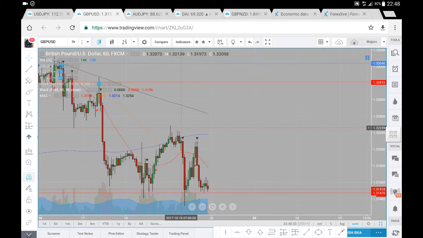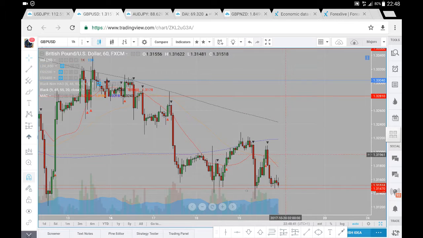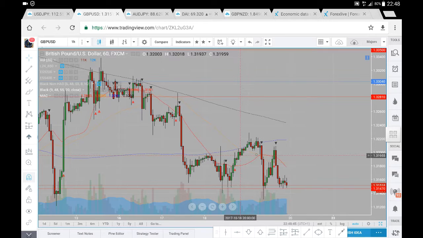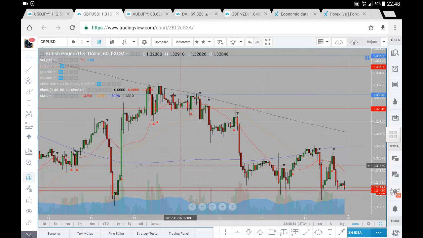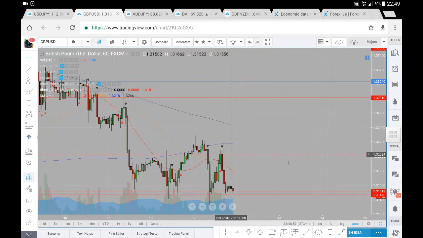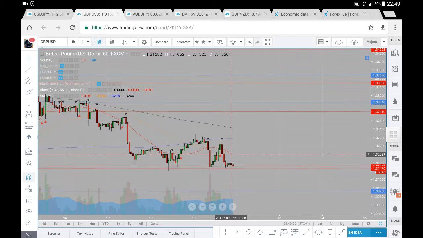We have tried again to test the 200 period moving average, we are unable to, and the prices have come down to 31.47. So prices are currently testing 31.47 from above. Now, in the most recent past, we have tested on quite a few occasions, and the frequency of the tests for me would likely indicate that we are likely to see a breakdown in prices